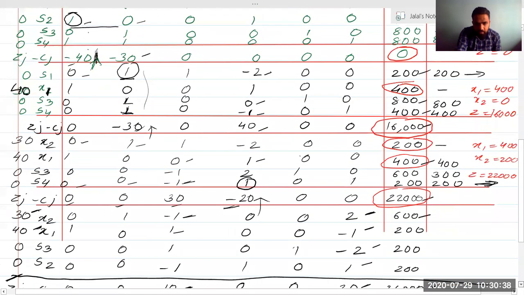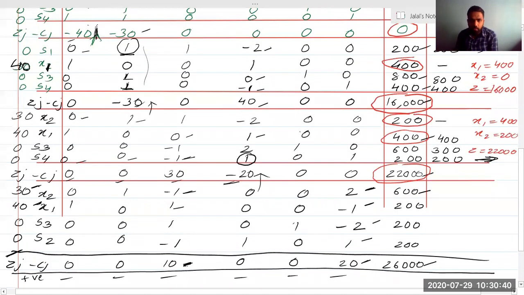Last solution we can see, which one was the final? How can we find it? Just look at this. X2 was equal to how much? 600. X1 was 200. So we have got x1 is equal to 200. We need not find theta since we have already evaluated. When do we find theta? We only find theta to get the iteration completed for the next iteration. Since we have already got the iteration, we need not worry about theta.